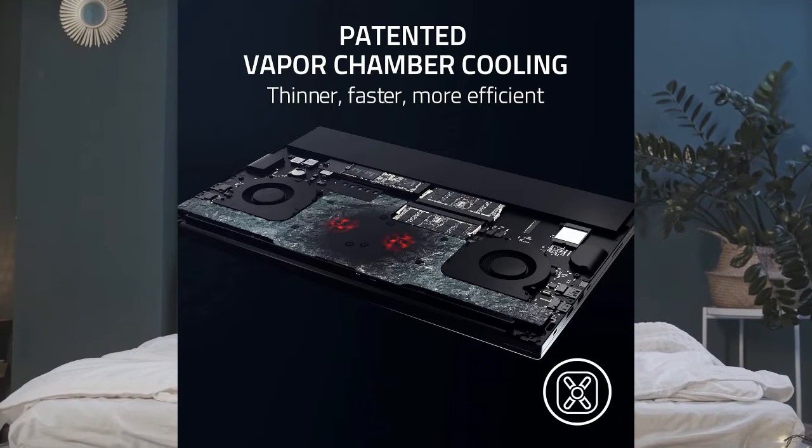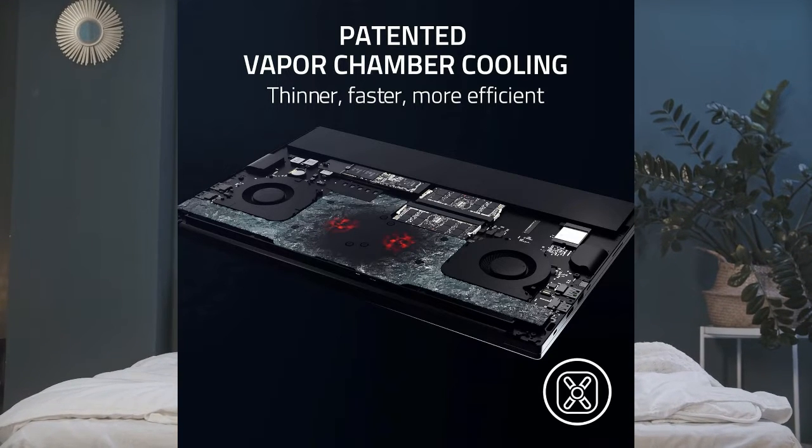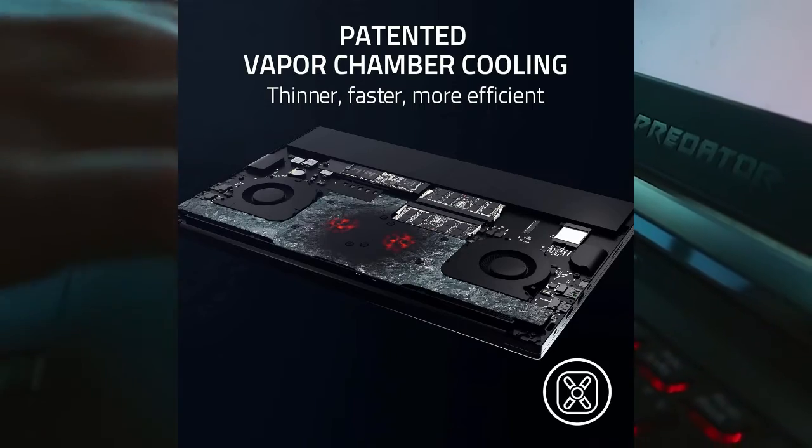Patented vapor chamber cooling. With a large surface area covering the CPU and GPU, dual fans, and thinner 0.05 mm exhaust fins,